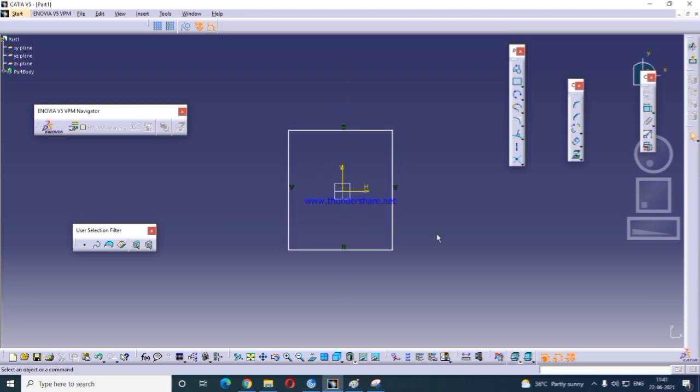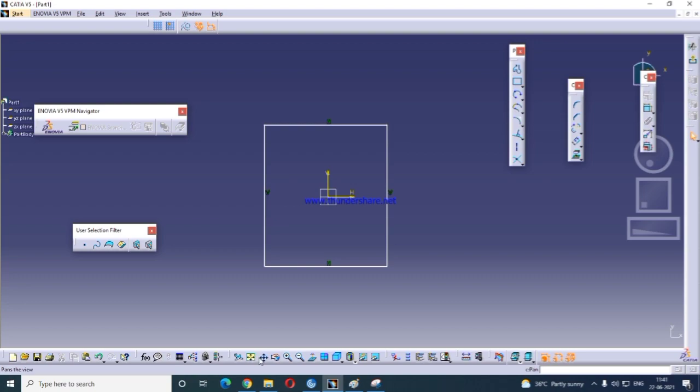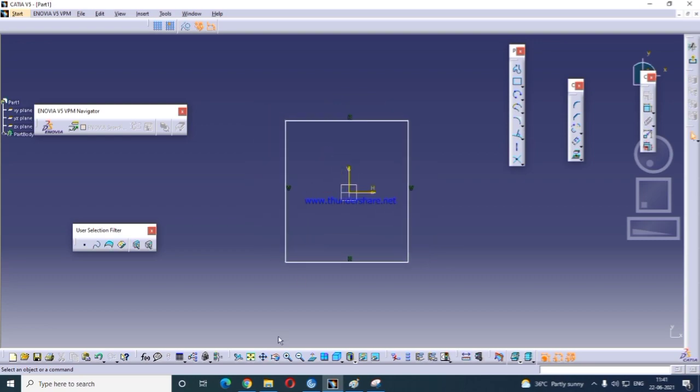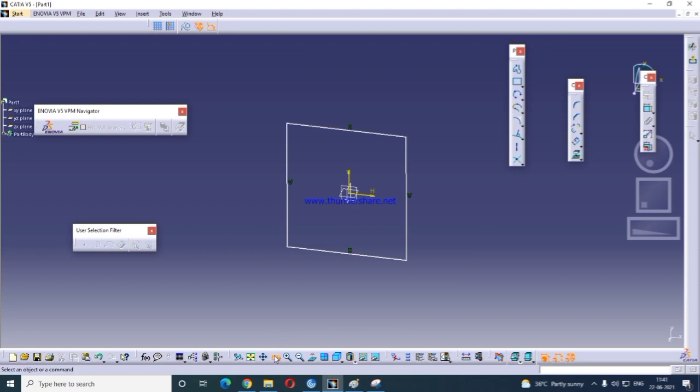Then if you want to fit the screen, using this fit all, you will fit the screen, and there is a pan option. If you want to move any sketch, you use this, and there are rotate and normal to the view.